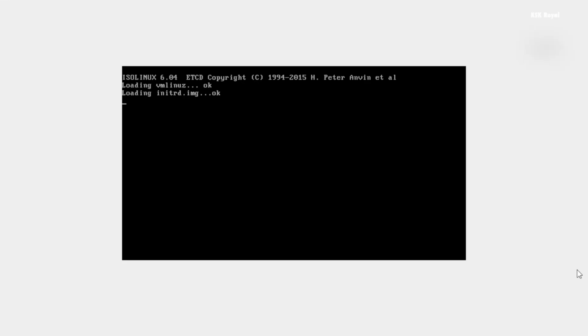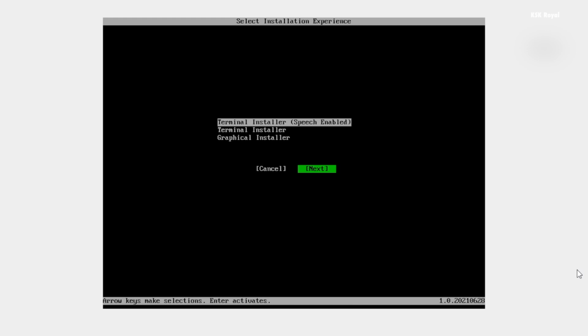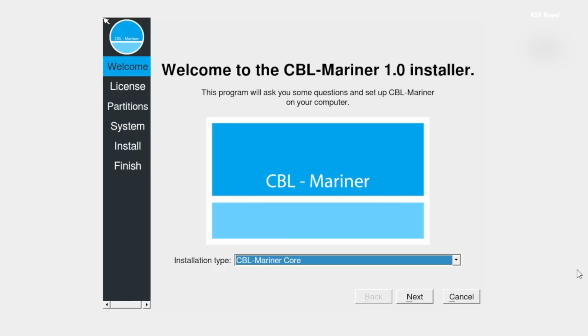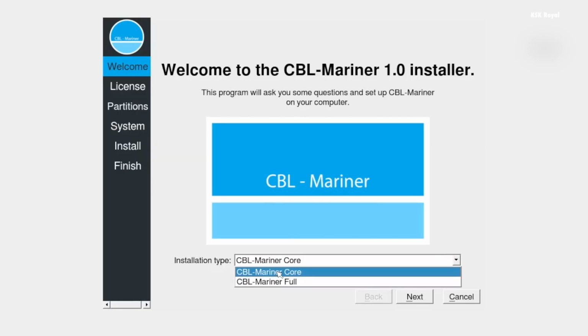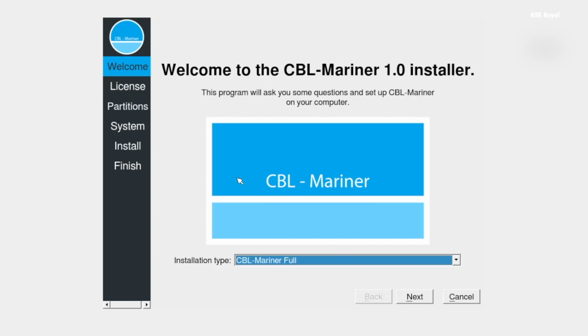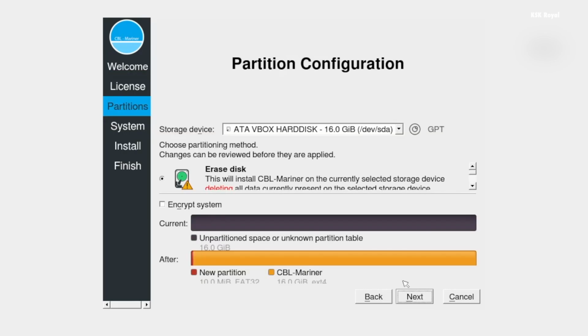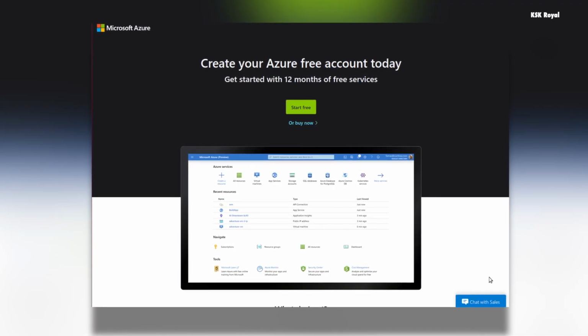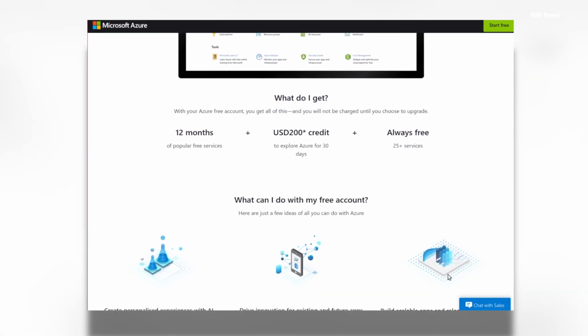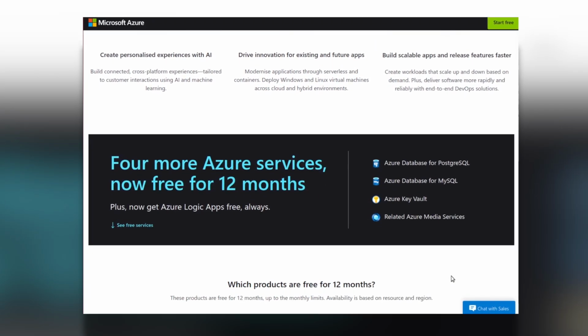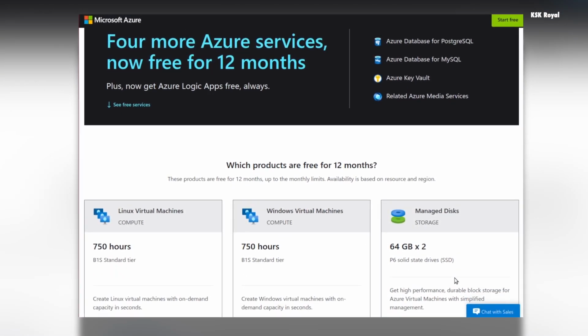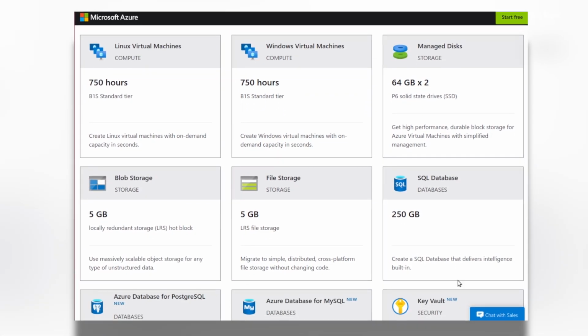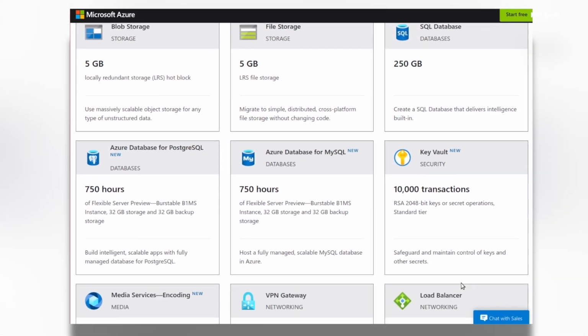So this is the first look at Microsoft's Linux distro known as CBL-Mariner. So what is CBL? CBL stands for Common Base Linux, which is Microsoft's internal Linux distribution to build the cloud infrastructure and other services of Microsoft. Now, CBL-Mariner is used in cloud platforms like Microsoft Azure and in Windows Subsystem for Linux to provide the ability to run Linux GUI applications on Windows 11.